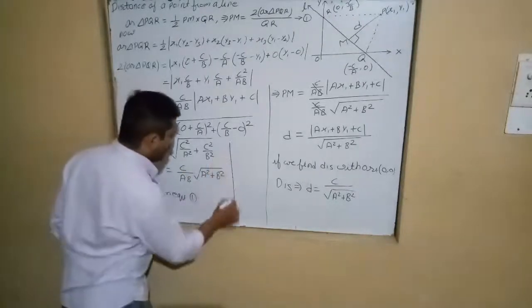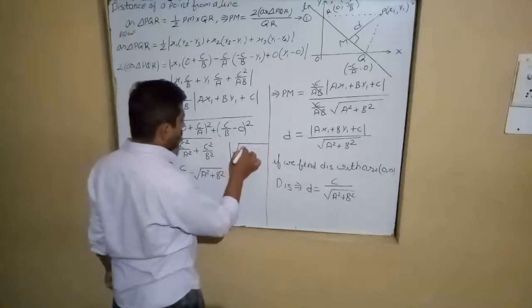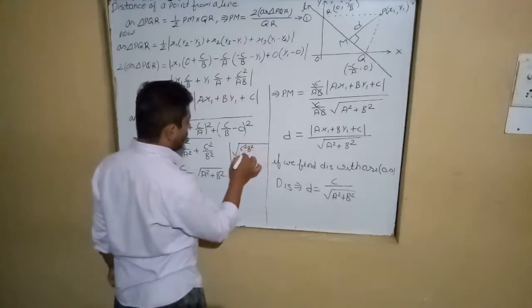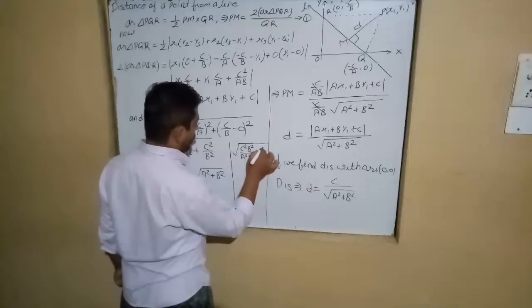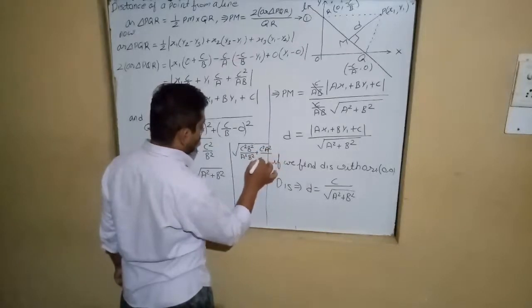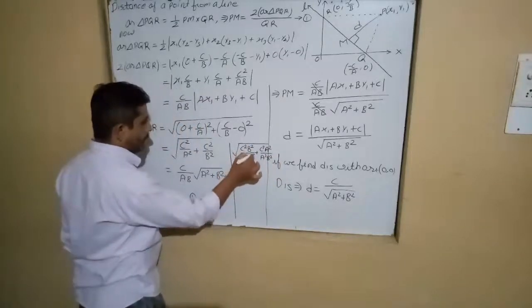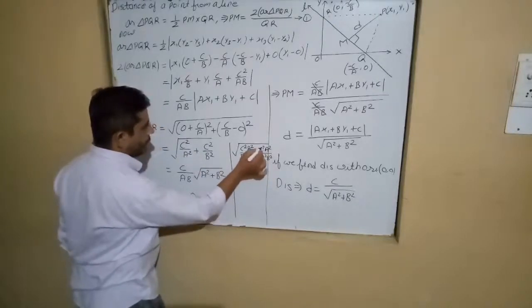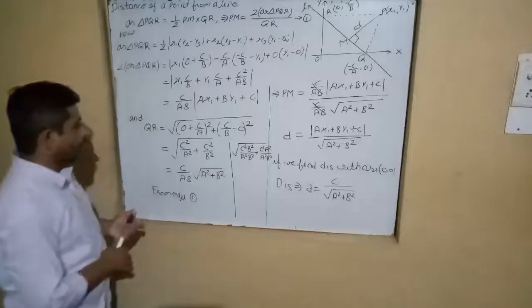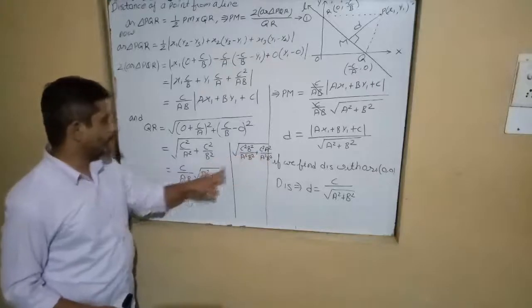Understand it like this. This we can write as C square B square upon A square B square, plus C square A square upon A square B square. Now look here, B square cut from B square, so C square upon A square is left. A square cut from A square, so C square upon B square is left. And when we take common C upon AB, what is left? A square plus B square.